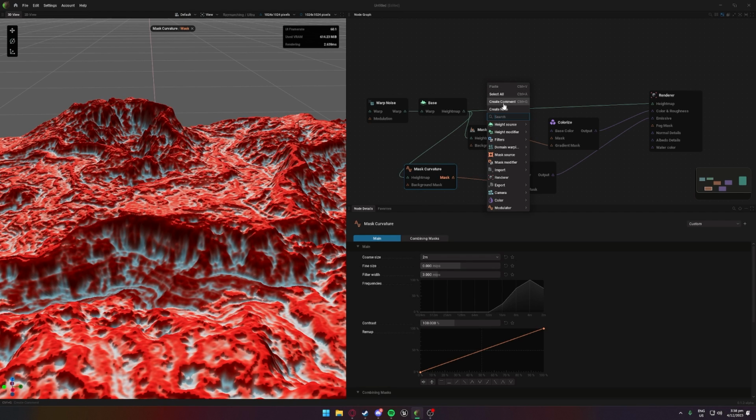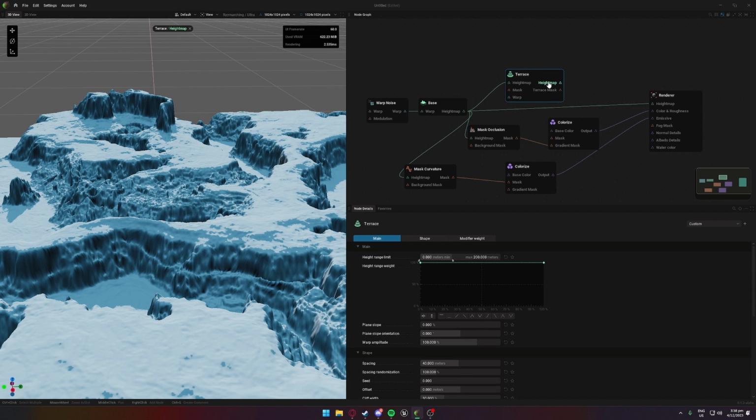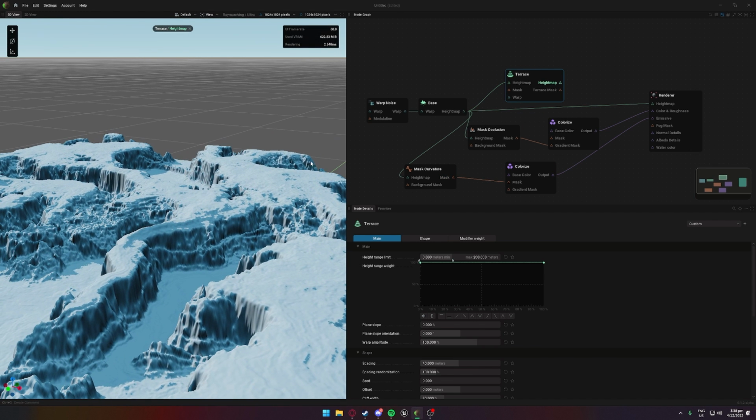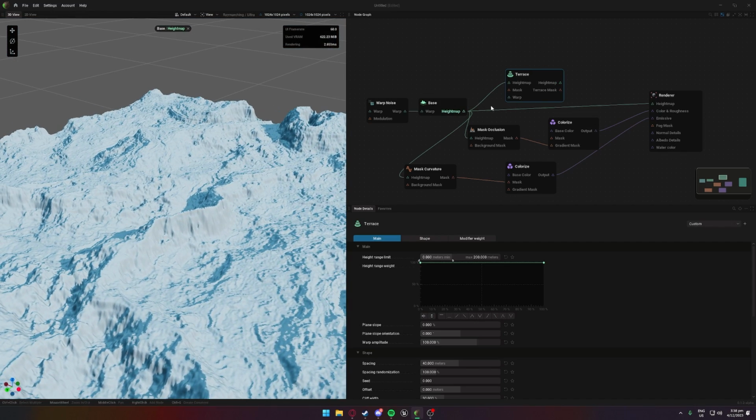Now this is pretty helpful, as for example, if we want to go, let's add terracing, right? So if we want to work on some terracing, we can look here, and this is what the result of the terracing is going to look like, and here's what the result of the base map looks like. This means you don't have to